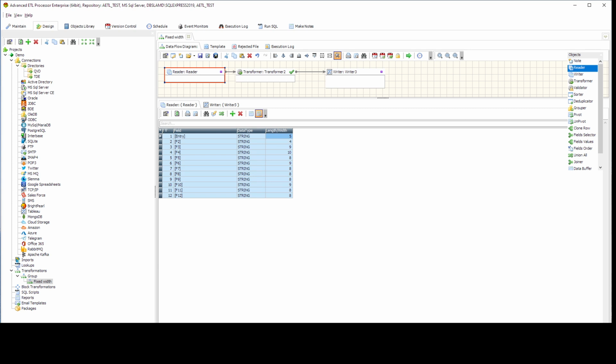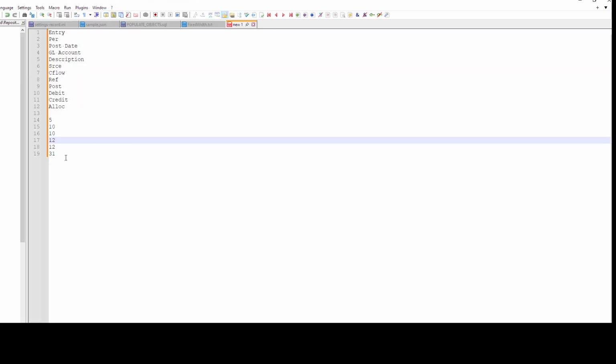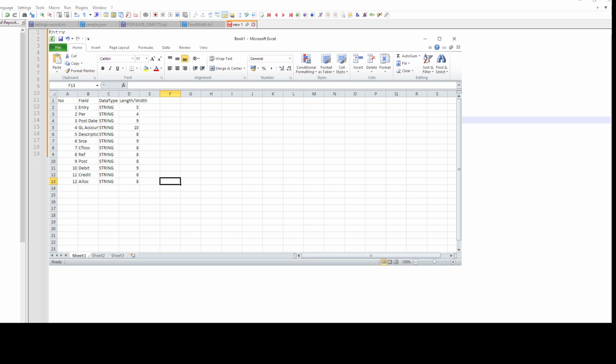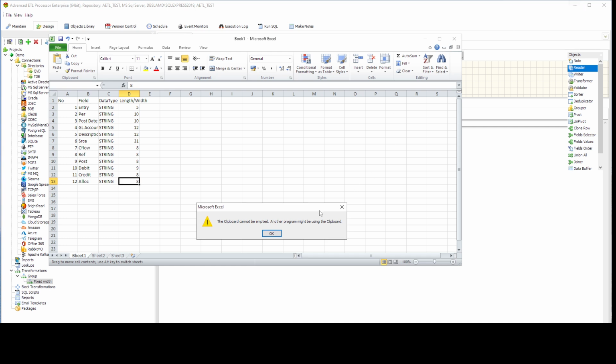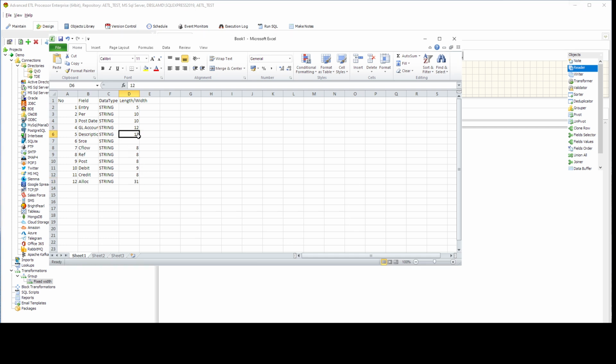And we can also copy field width. And the next step is to copy